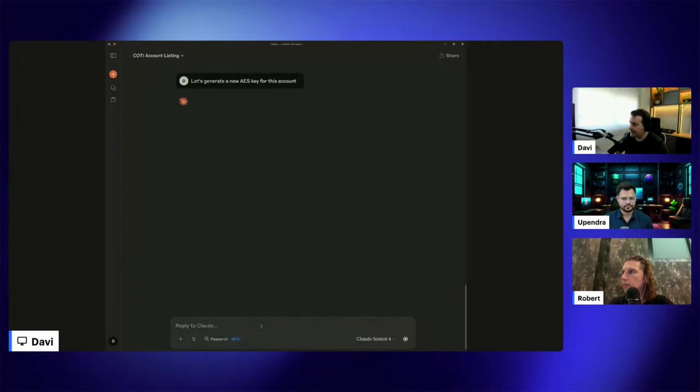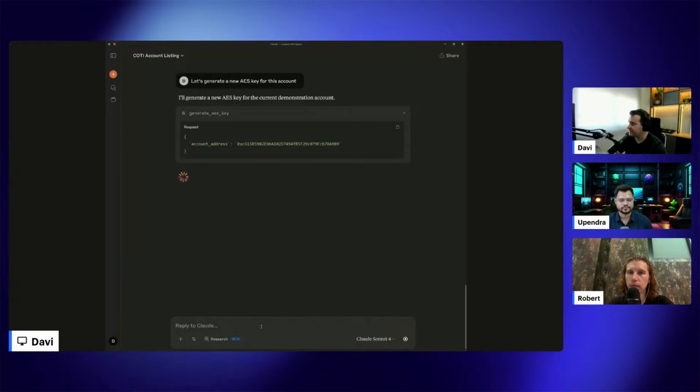Because I need to have balance to do that. Because when we are creating an AES key for the account, behind the scenes we are interacting with a smart contract to do that. So we need to pay gas for this transaction. So it's now generating the AES key. Perfect, right?